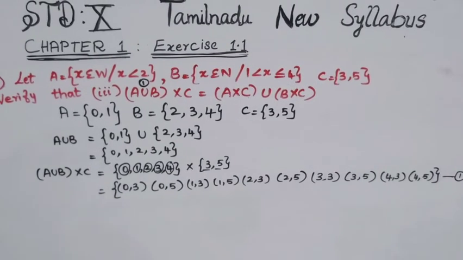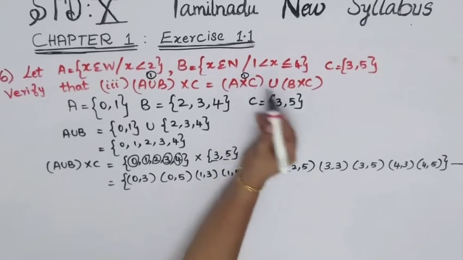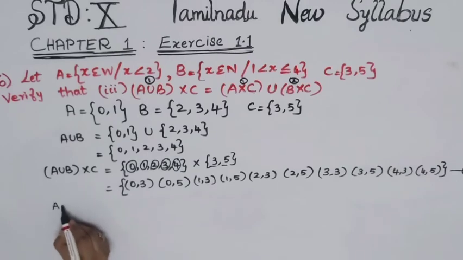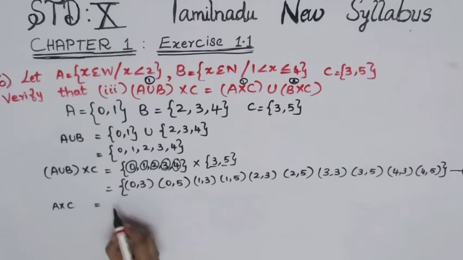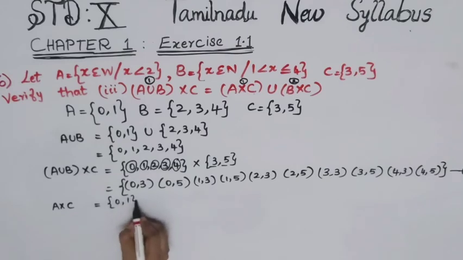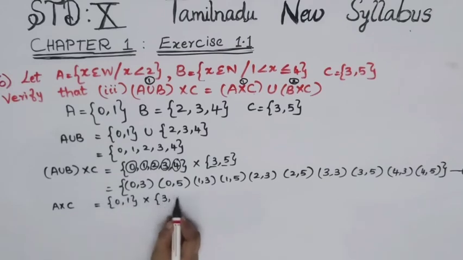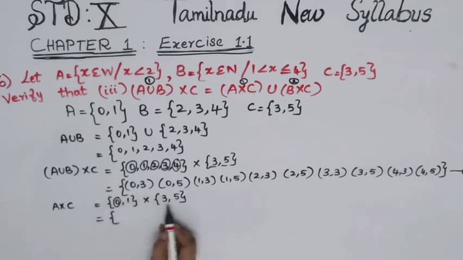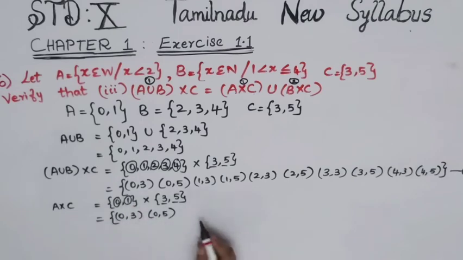Now going to your right hand side. First step is A cross C, we will have to find it. Second step is B cross C, we will have to find it. Then the union. So first we will go to A cross C. Write your A, {0, 1}. Then cross C is nothing but {3, 5}. Writing your A cross C, the first element in A joins with these two elements, that is (0, 3), then (0, 5). Then the second element in A joins with these two elements. So (1, 3), (1, 5). So we have completed all the elements. Then close your bracket.